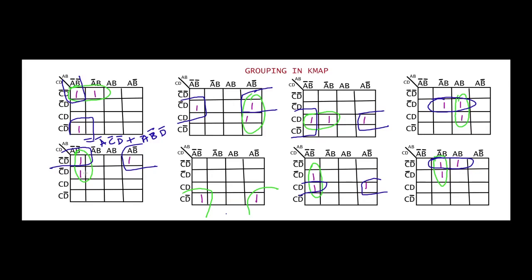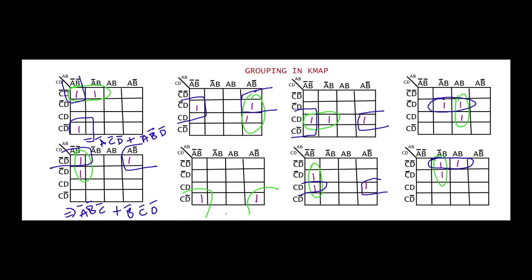So if you have 2 ones here, you can group this one, for example here. I can group this and this to be a single group of 2 ones. And the solution for this will be, first for this green colored group, I have A bar B bar as common, and from here I get C bar, plus next for the other group I get C bar D bar common from this row. What about the 2 columns? I have B bar as common. So B bar C bar D bar. This will be the solution for this K map.